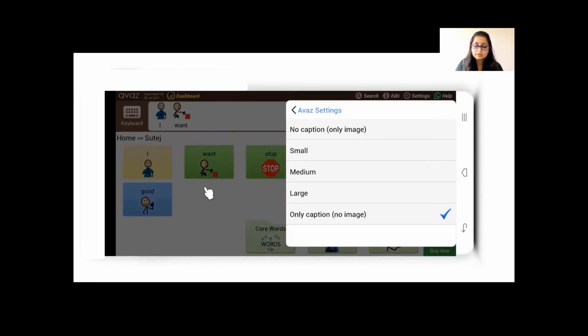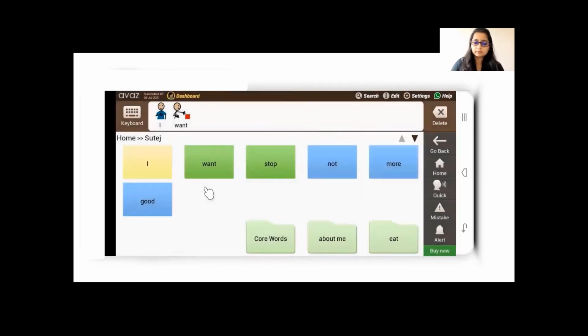Or you can even keep it the other way around: no image at all, only caption. This could be useful in two cases. One is when the child is transitioning from the symbol to text base. The child is learning to read a lot of words and you want to maintain that.